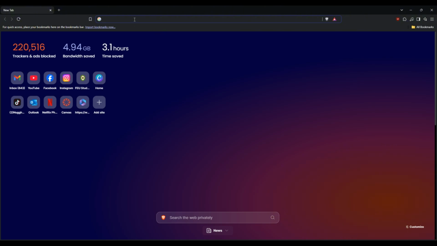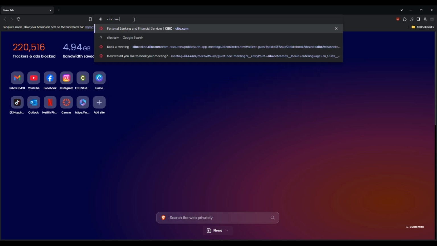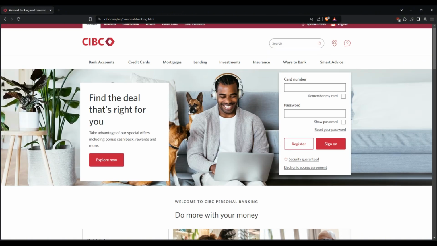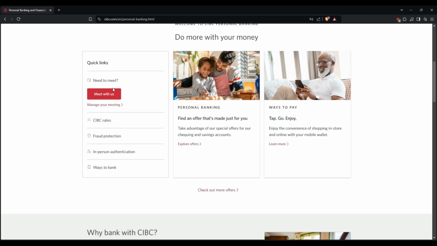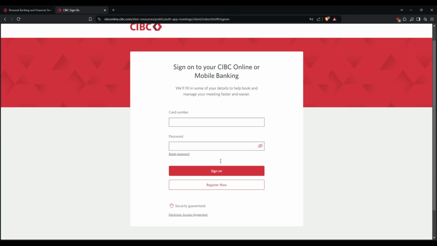So first, head over to the CIBC website or open the CIBC mobile banking on your device. Once here, scroll down and you will see the Meet with Us option. Click on that. From there, you can either sign on to online or mobile banking or continue as a guest